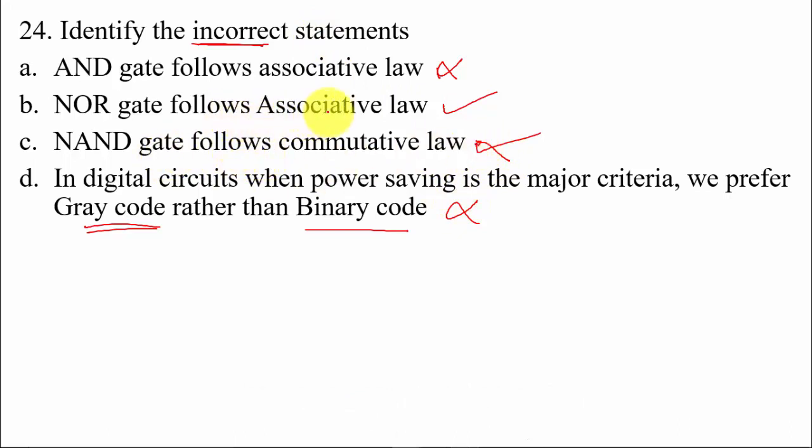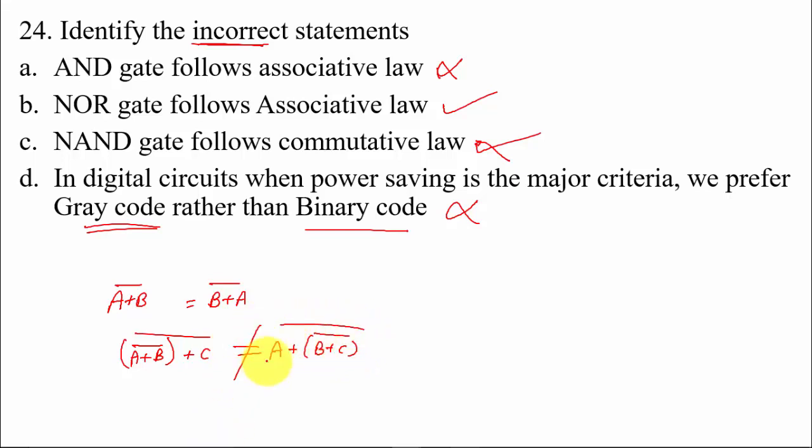Now, why NOR gate is not going to follow associative law, let us discuss. So NOR gate expression means A plus B the whole bar, which is equal to B plus A the whole bar. This is commutative law. If I am talking about associative law in the case of addition, it is A plus B whole bar plus C the whole bar. So on the right side, what I will be getting is A plus of B plus C the whole bar the whole bar. So these two statements are not equal. So the corresponding option that is going to follow is option B is correct. Nothing but NOR gate is not going to follow associative law. NOR gate is going to follow commutative law. NAND gate is also going to follow commutative law. So these things you should know.